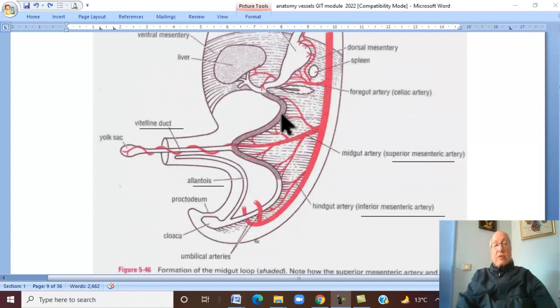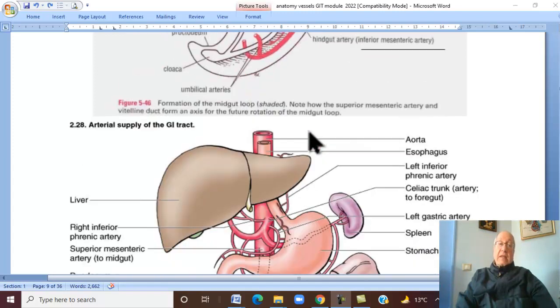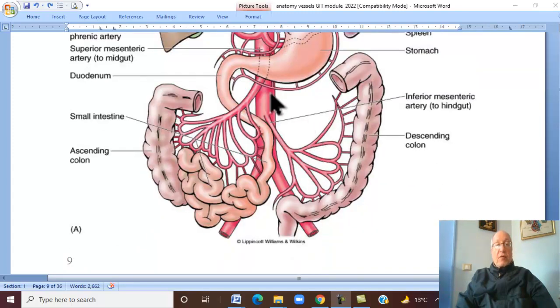While during formation of the midgut, the arterial supply formed to supply the midgut is the superior mesenteric. The midgut extends from the ampulla of Vater to the junction between the right 2/3 and the left 1/3 of transverse colon, including the lower half of the duodenum below the ampulla of Vater, lower half of head of pancreas and the uncinate process,